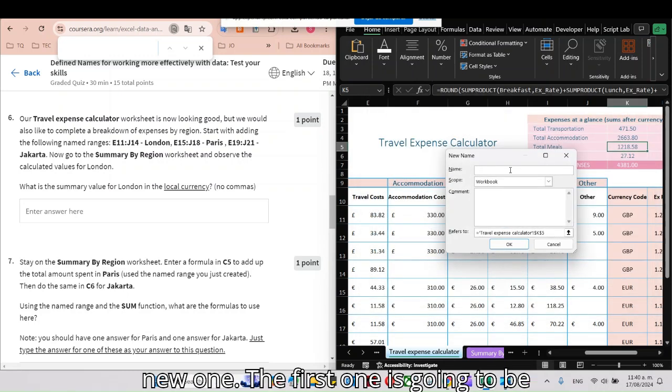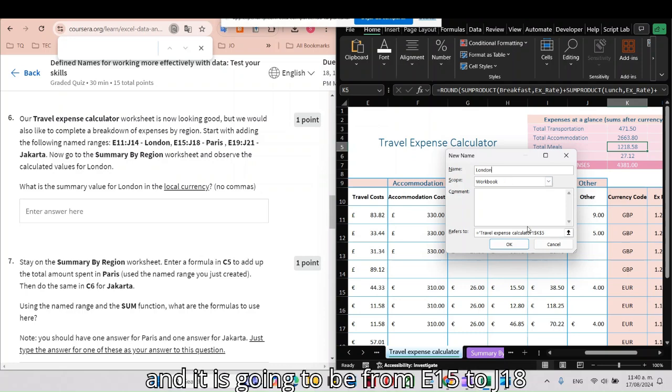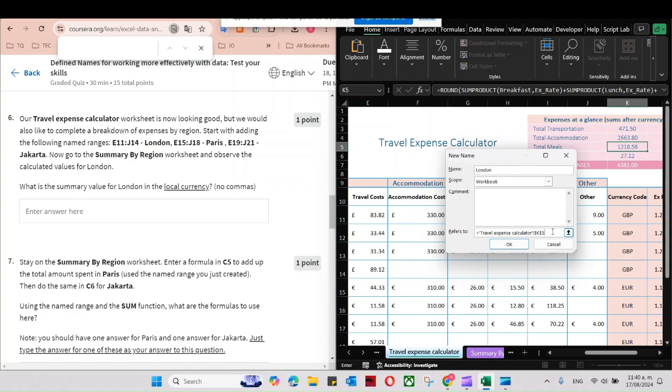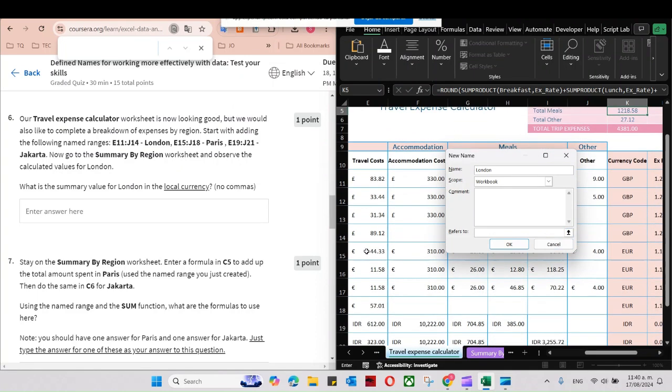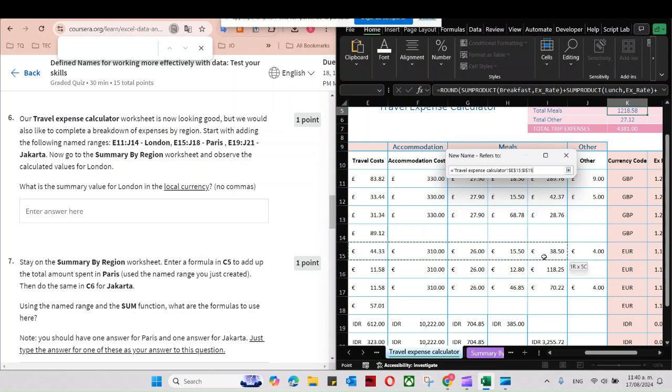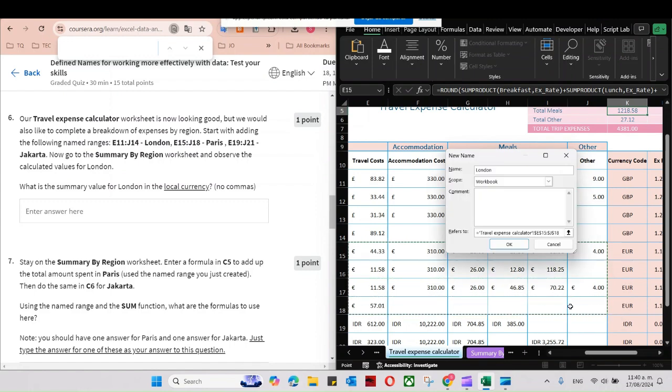The first one is going to be called London, and it is going to be from E15 to J18. Okay, I'm going to press OK.